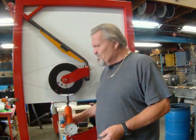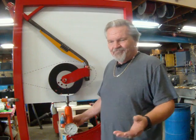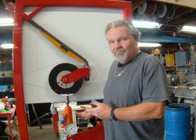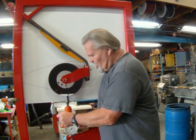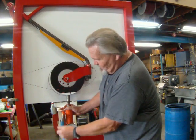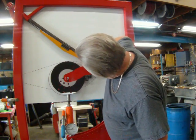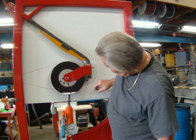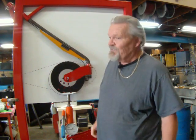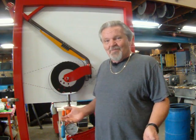Now, as an example, most nose wheels on the Vans aircraft never go over maybe 400 pounds. So we use 400 pounds for this test. So if we operate this and we bring it up to 400 pounds, you can see that there's a considerable amount of deflection. It's moved up, well, right here, approximately an inch,